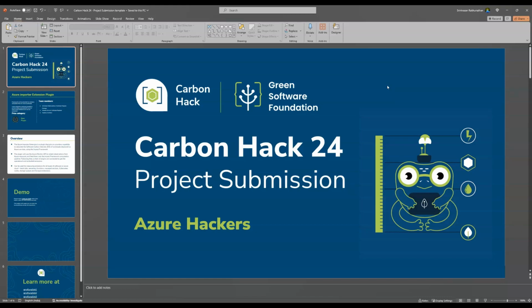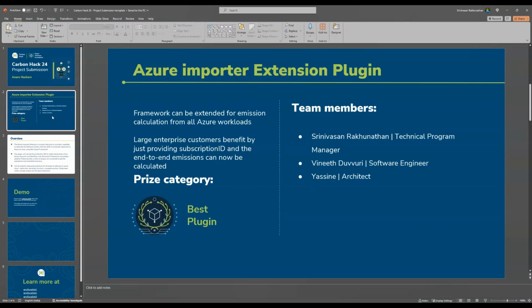Our team is Azure Hackers, and we are going to demo what we did for the Carbon Hack 2024. The project is an extension of the Azure Importer, which is available in the unofficial plugins repository. The extension is going to help anyone who's going to measure workloads, emissions from workloads deployed on Azure by just